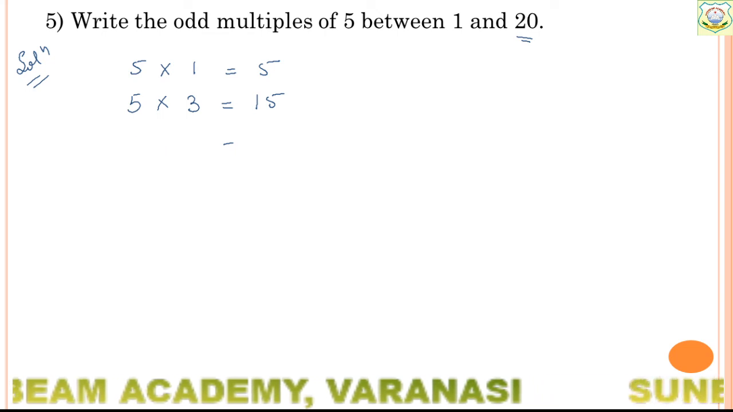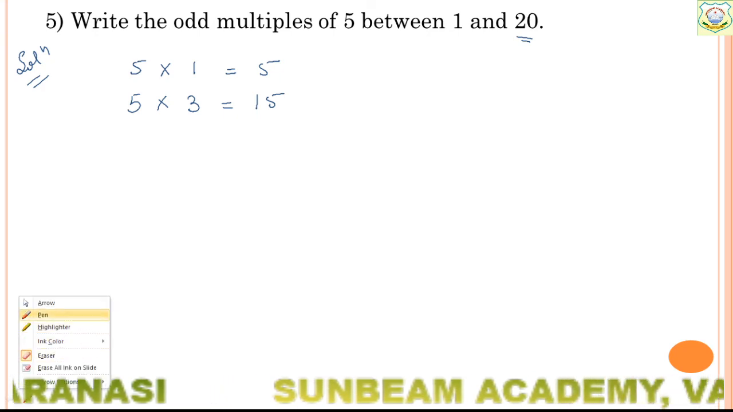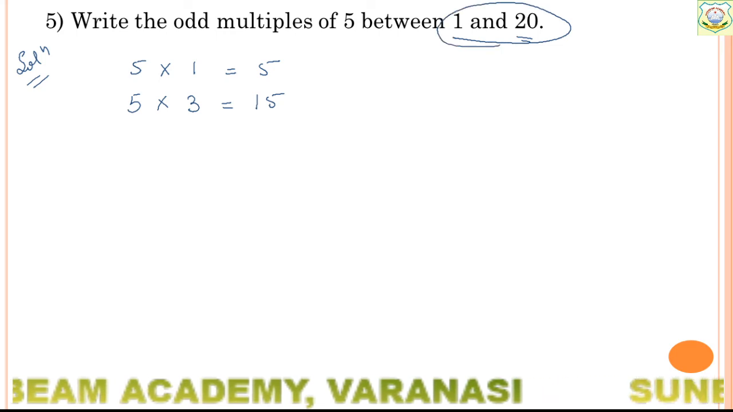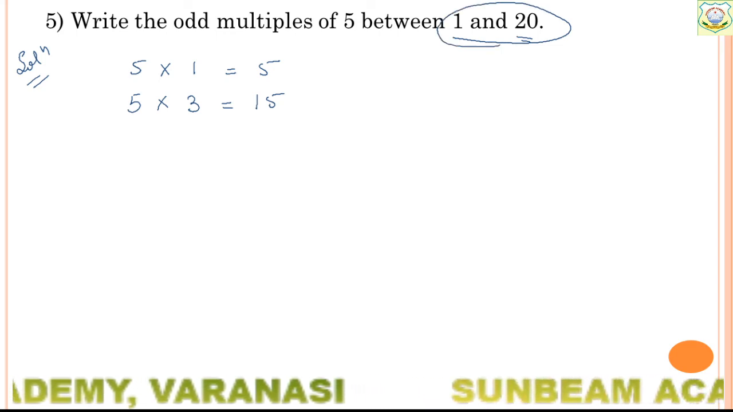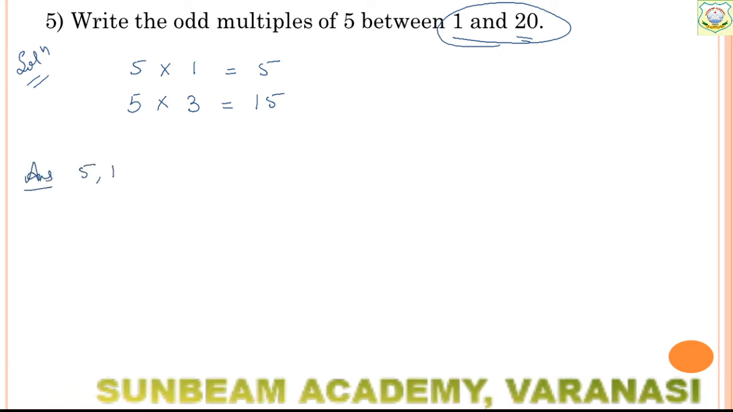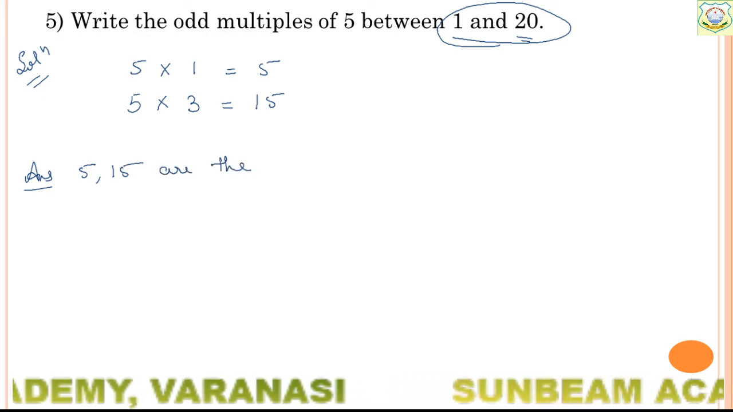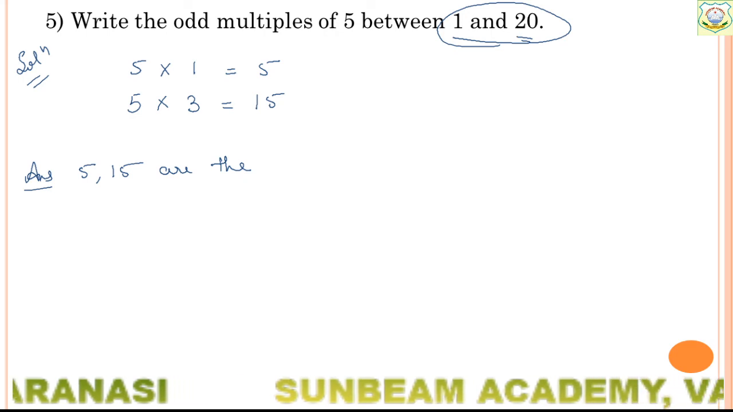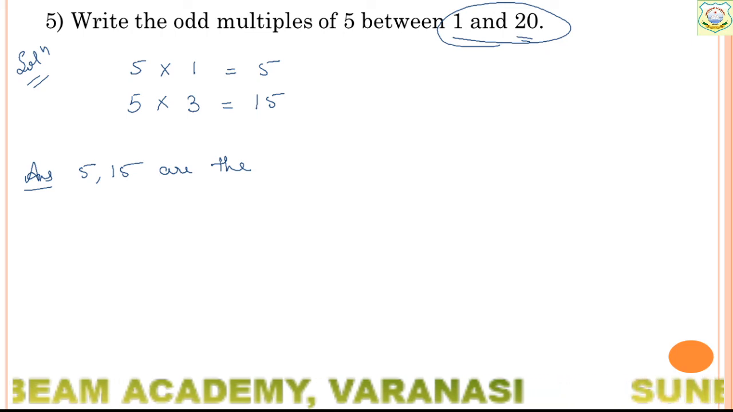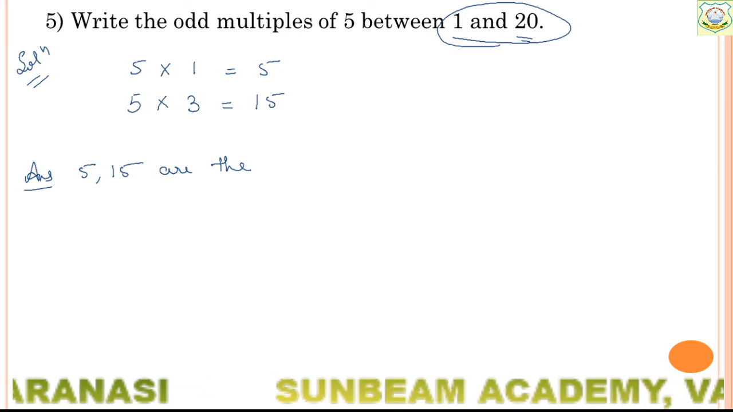Okay. Up to where we have to do? Up to 2 places. Because there is a condition that up to 1 to 20 we have to find out. Okay. So now let's write the answer. How to write? 5, 15 are the. I have told you when you have to use is: you have to use is when there is only one multiple we are writing. But when we are writing 2 multiples, then we have to use are. So 5, 15 are the